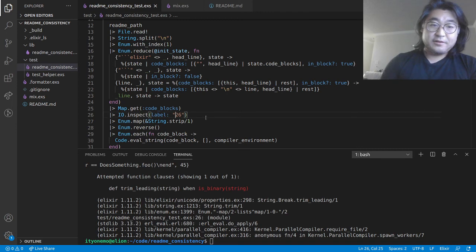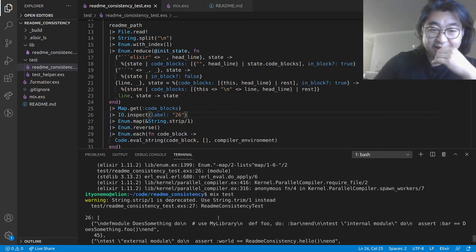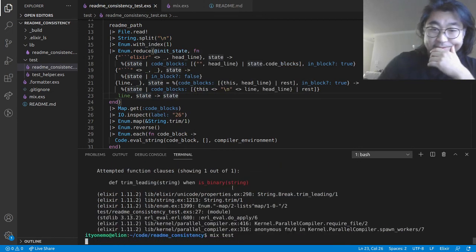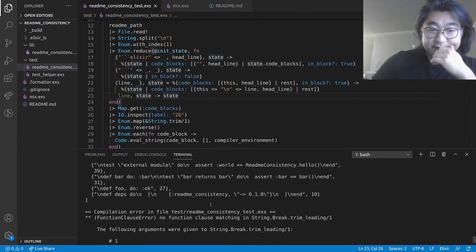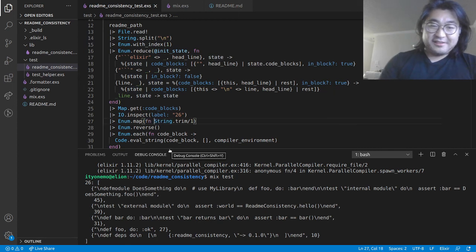So there we go. Oh, actually, we've got this error where it says string.strip is deprecated. We should use string.trim. So let's change that. All right, so the problem here is that we can't trim something that is a tuple instead of a string. So now we need to do this,